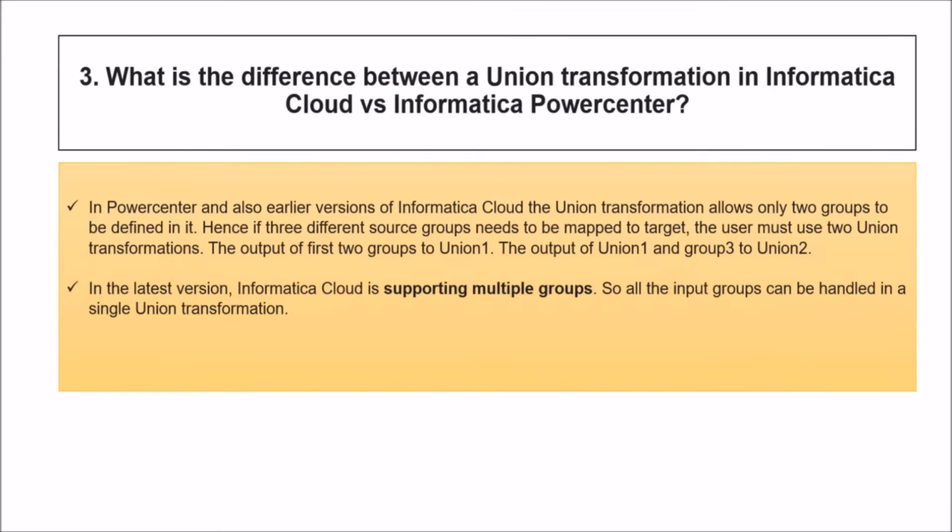Hence, if three different source groups need to be mapped to the target, then the user must first create a union for two groups, and then whatever outcome comes from that first union, we are going to union with the group with another union. So we need two unions if we have three groups of data